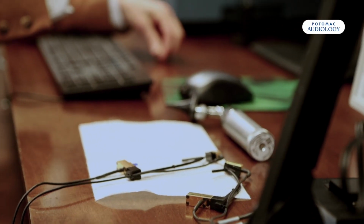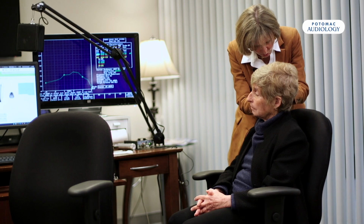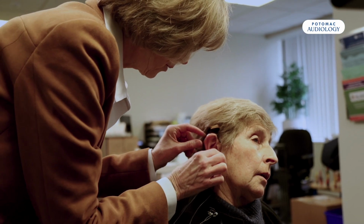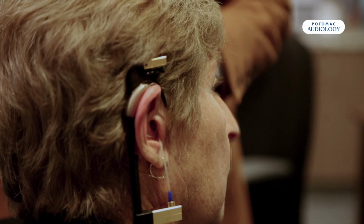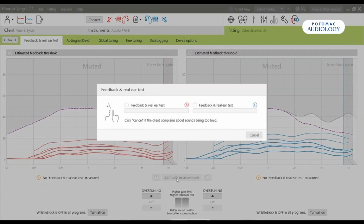Real ear measurements, or probe microphone measures, is a procedure that we use when fitting hearing aids. It's a machine that allows us to put a tiny tube down in the ear that's attached to a microphone. We put the hearing aid in the ear and hook up the hearing aid to the computer. We develop a prescriptive target or prescription for the real ear machine, and we program the hearing aid to match